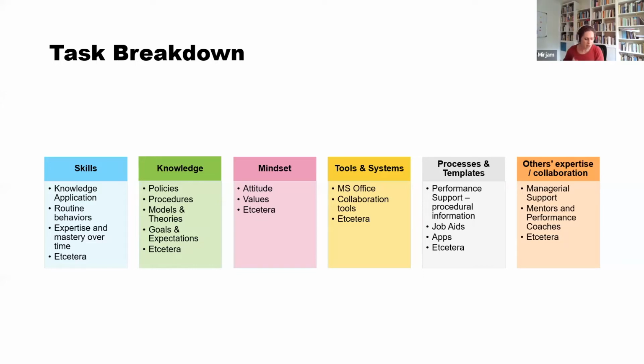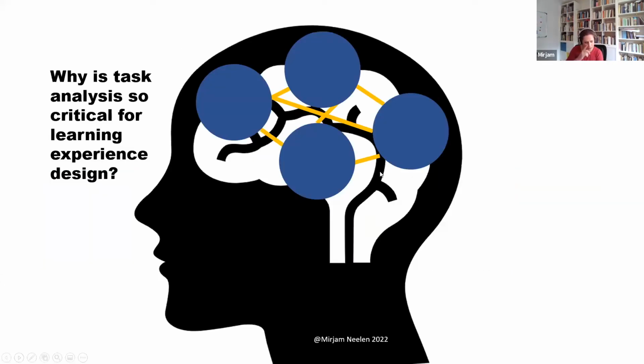Okay, cool. I just want to point out why a task analysis is so critical. When we want to design effective solutions, we really need to understand the whole task. If we start to design for all the separate elements that make up a task and teach people these separate elements, then we're using what we call a fragmented approach. In other words, we might teach the dots, but we don't help people connect the dots. That makes it really hard for people.